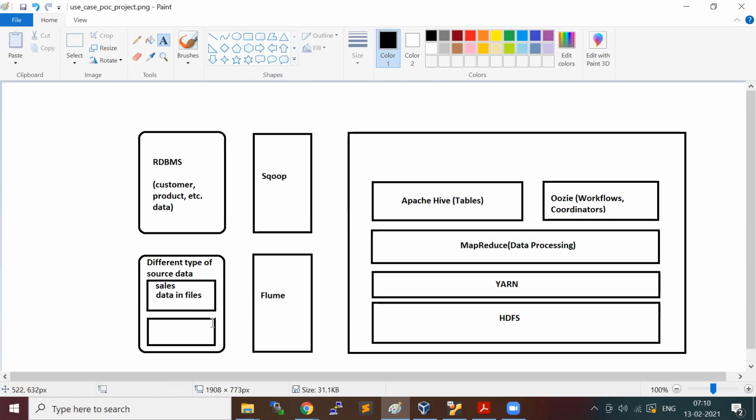All this data you can bring into the Hadoop system using Flume.